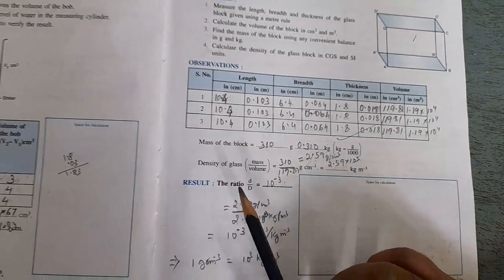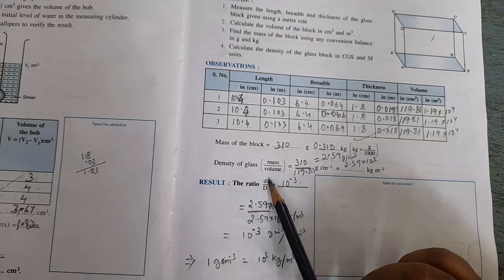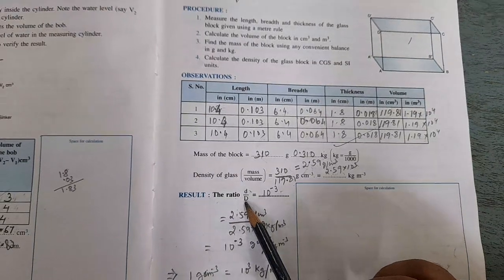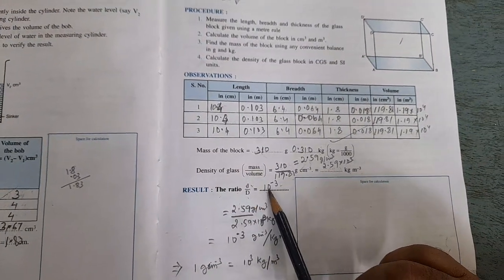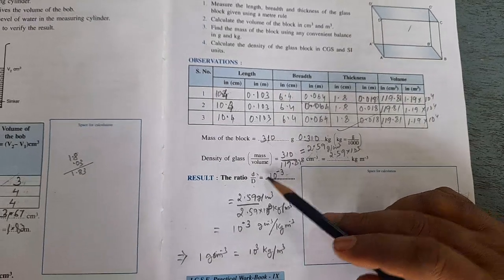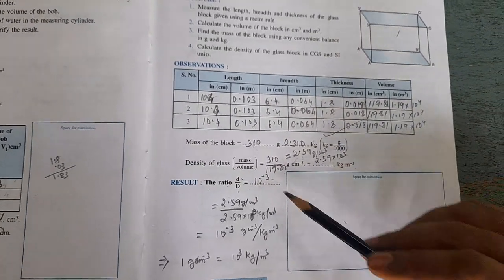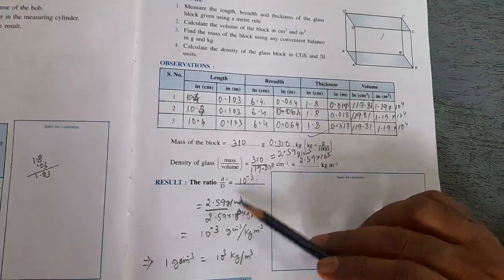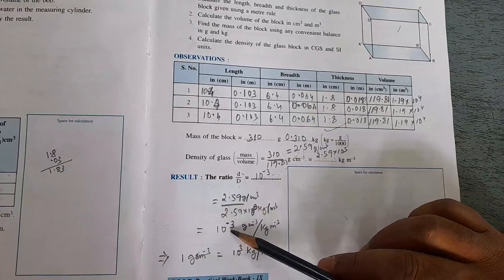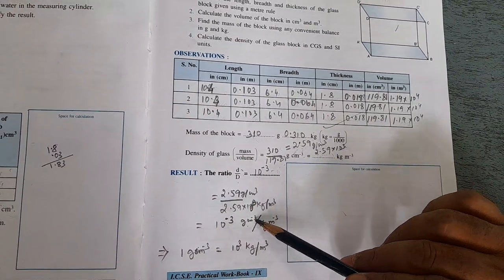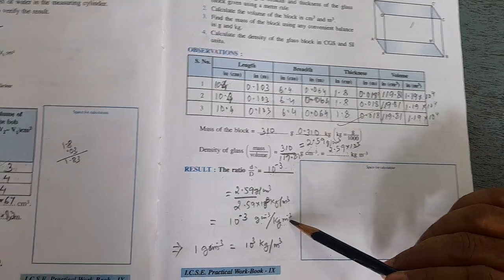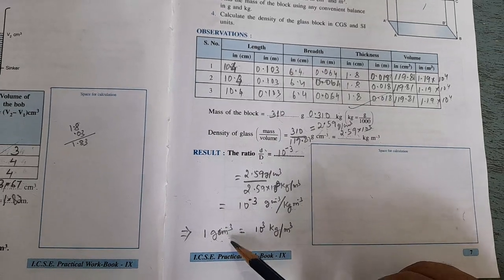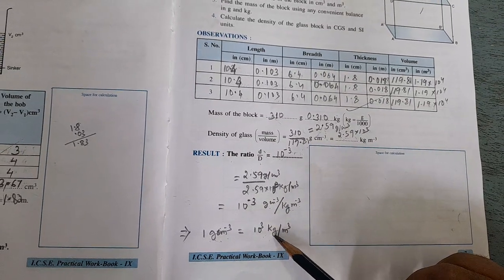Now in the book, as it is asking for the ratio between the density in CGS unit, this is small d and this is capital D. The ratio will be coming this much, meaning if we directly use numerical values irrespective of their unit, it is 10 to the power minus 3. Otherwise it is 10 to the power minus 3 gram per centimeter cube by kilogram per meter cube. So this implies that 1 gram per centimeter cube is equal to 10 to the power 3 kilogram per meter cube.